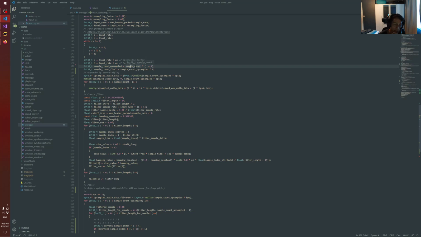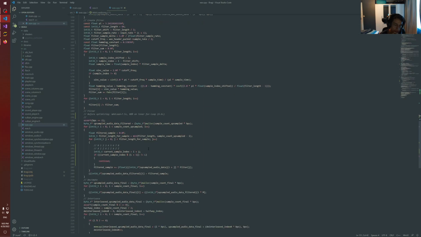Because the upsample sample count is the original sample count. If L is 1, you're going to do 2, right? So if we're upsampling by a factor of 1,